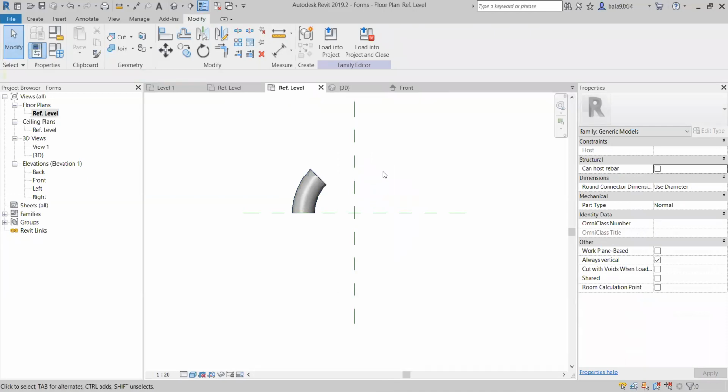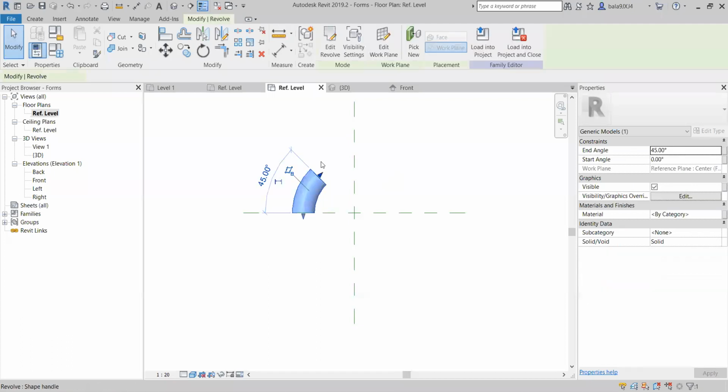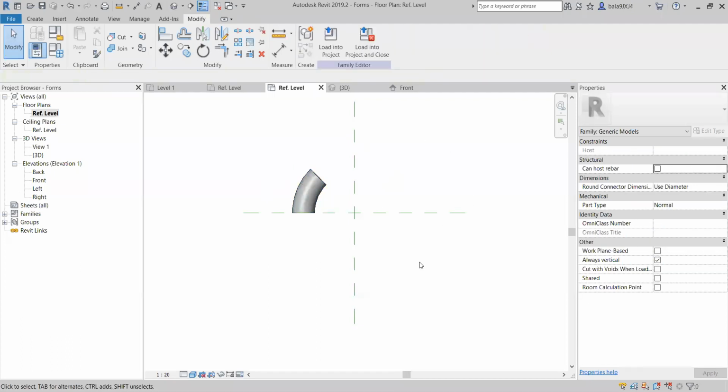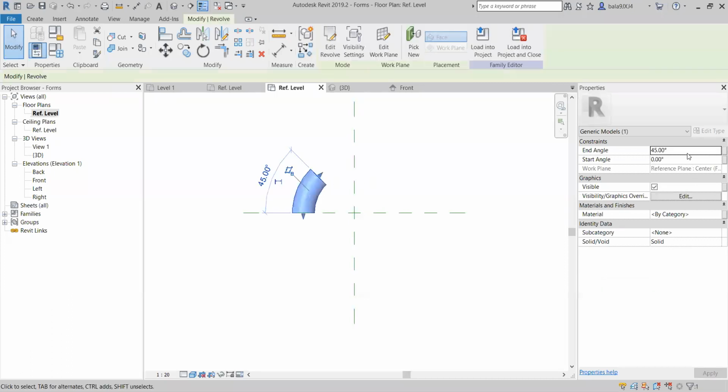Creating the families, we should remember one thing. Always we need to work on a part basis, part by part. First we need to create part by part and then merge all together. So you cannot create a single object at a time. Just draw part by part. Let's say if I want to go to the 360 degrees.